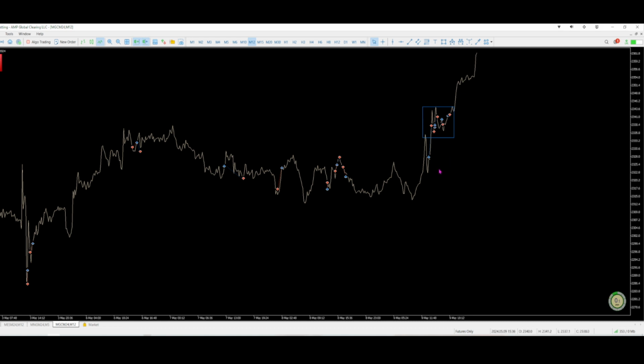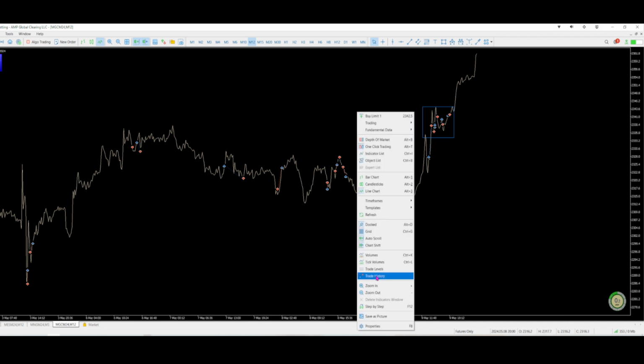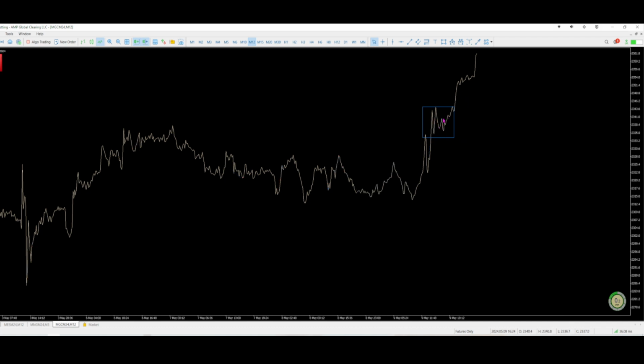And I said, if I do get a good winner, great. And I did take one good winner, but I probably gave a lot of it back, right in here. And you can see ultimately the price did drive higher. That's another thing to consider, right? If I was using this time frame and wasn't distracted by what was going on inside of here on a 5-minute time frame, I probably would have held this. And then there was never a point from here up that you would have exited this trade. Right here, it launched right above it. Once it broke this high, we had this huge imbalance and price rode up.